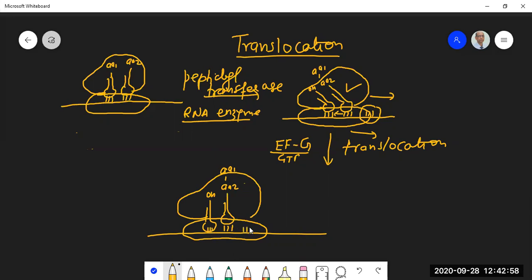So the new codon is now at the A site. This is the A site. The question that comes to mind is why the movement of peptidyl tRNA takes place from